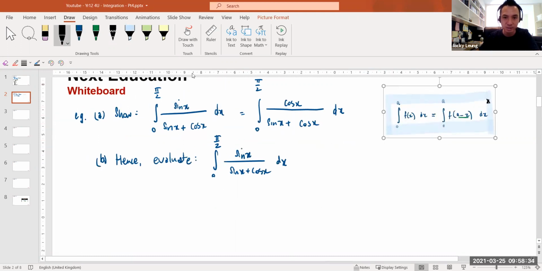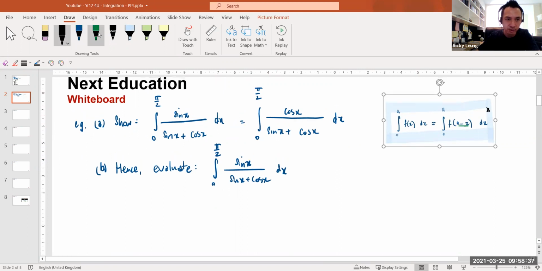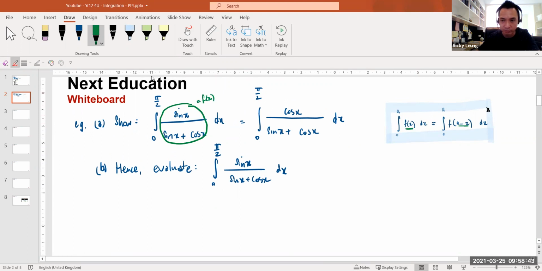You can see in this question, this here is going to be my f(x), as per the formula there. This here and this here are both values for a, right? So I'm hoping that if I can prove that this is f(a minus x), that's the game, right? So you can see that's my structure. Let's do it. In this case, I'm going to start with the left-hand side. So for part A,